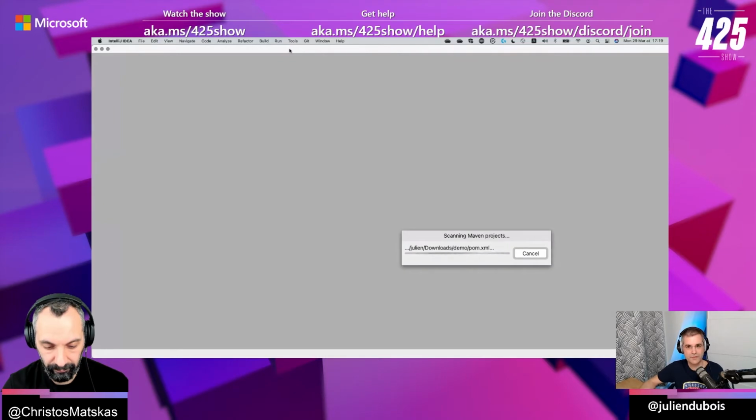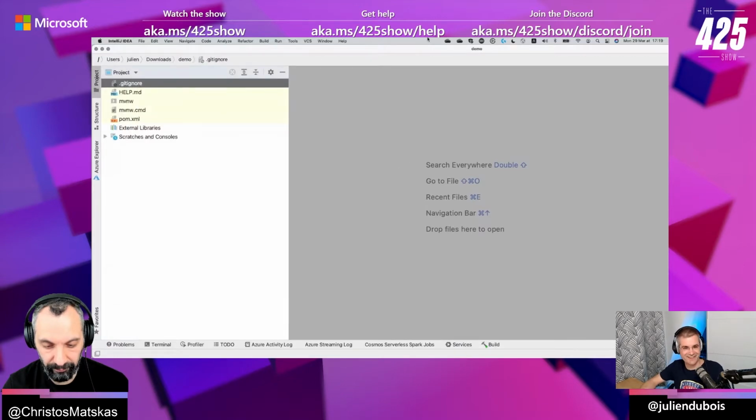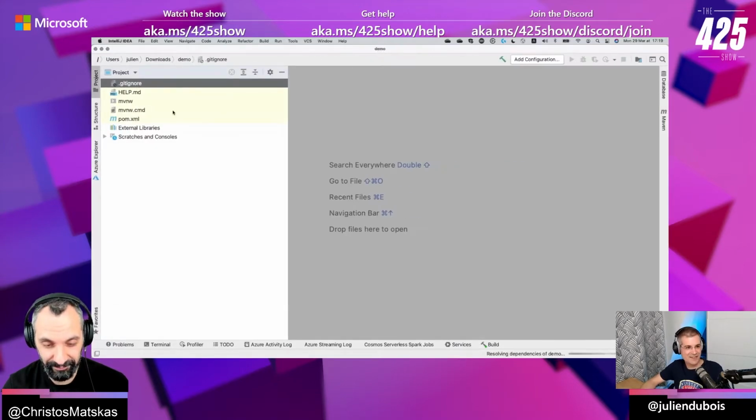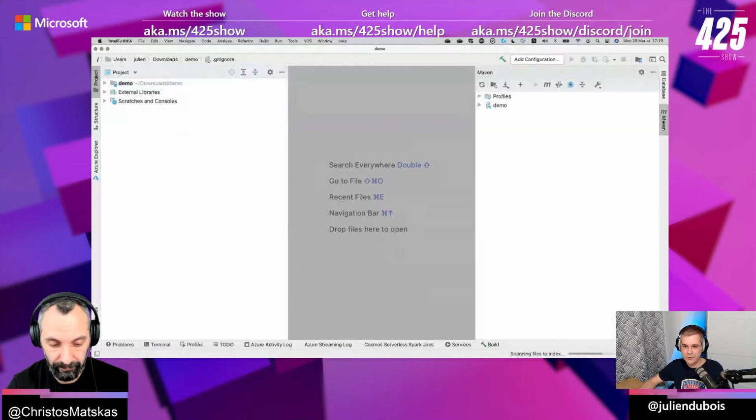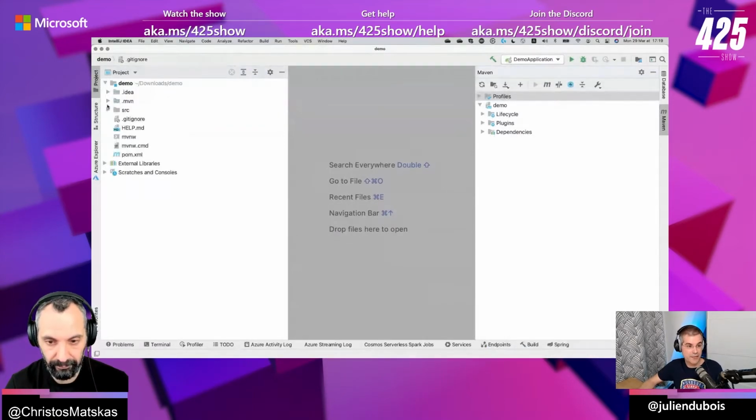So we're going to have a look at what we generated. I said some good things about IntelliJ, so I hope now it's going to work fine. It should automatically understand what the application is, because there's nothing in it. It should be very simple. I used Maven, so we can build it, and we've got the code here. It's very simple. I can start it right away.